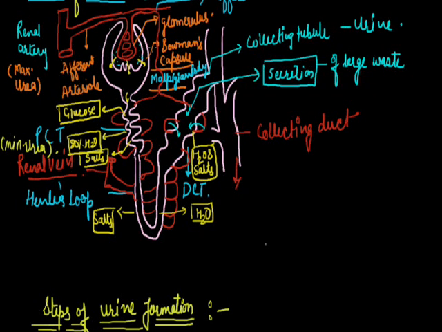This is the first step, where ultrafiltration is. The first step is ultrafiltration, in which blood is filtered from glomerulus to Bowman capsule. This filtrate is completely isotonic to blood. From this filtrate, beneficial products like glucose, water, salts, ions are reabsorbed throughout the duct system, and some larger waste are directly dumped by secretion process in DCT. As the substances enter in collecting tubule, this is termed as urine, and now this one is moving towards the collecting duct, and after that it is discharged out by ureter.